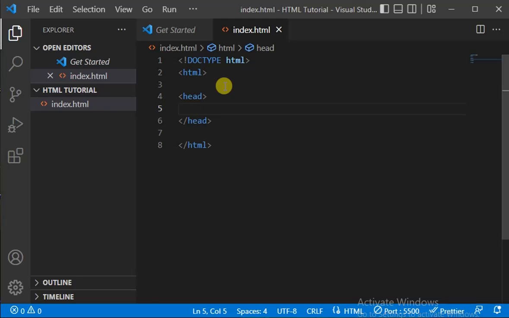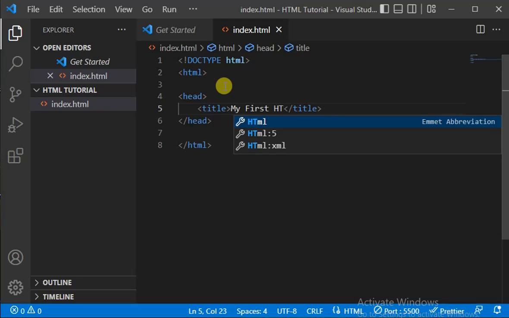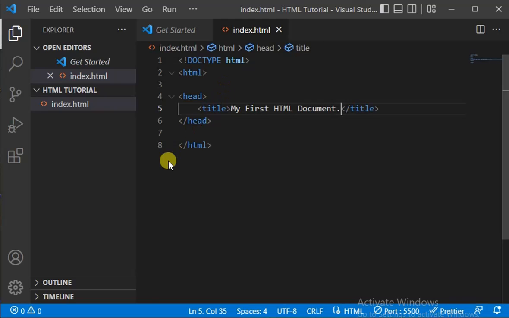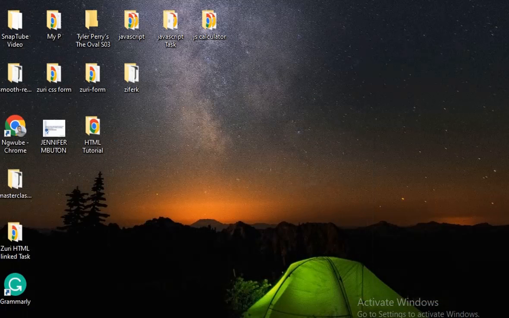So I'll open a tag called title and I'll close it. In this title, I can just name it My First HTML Document, just like that. Now if you open this in a browser,